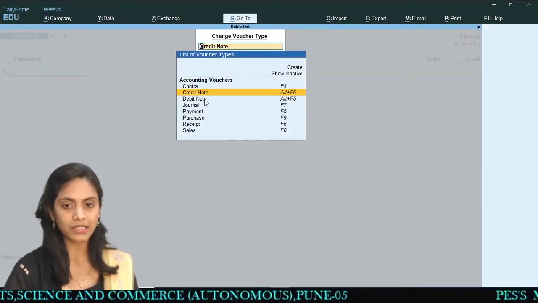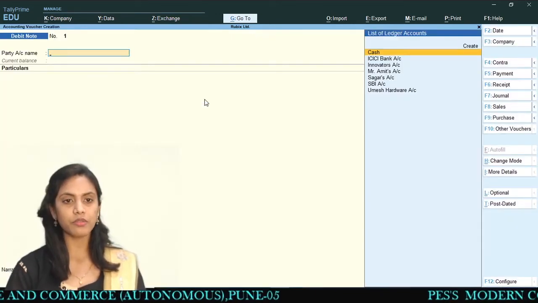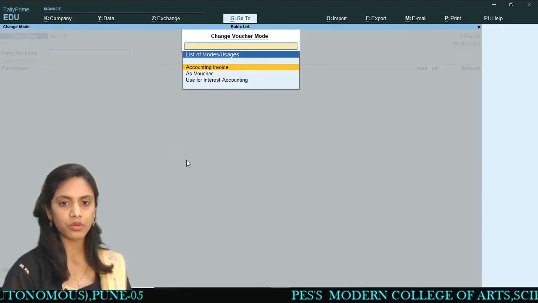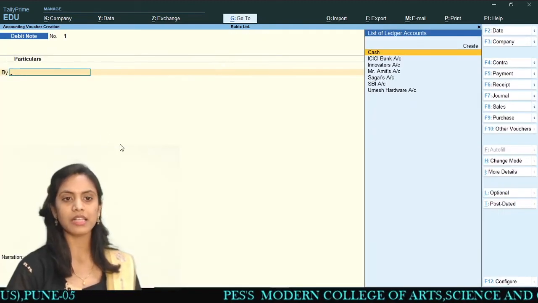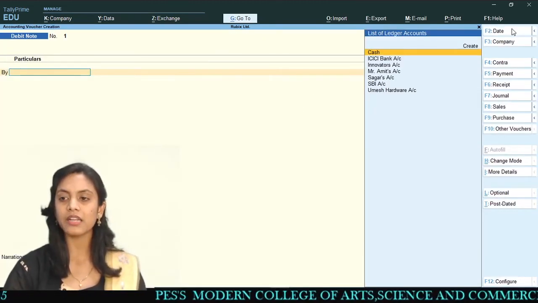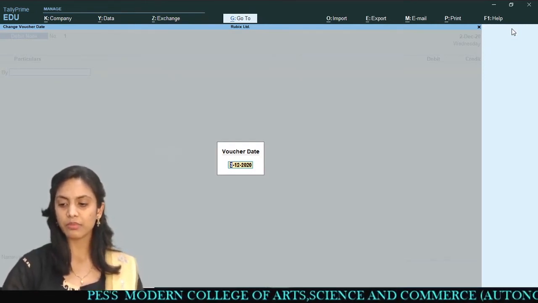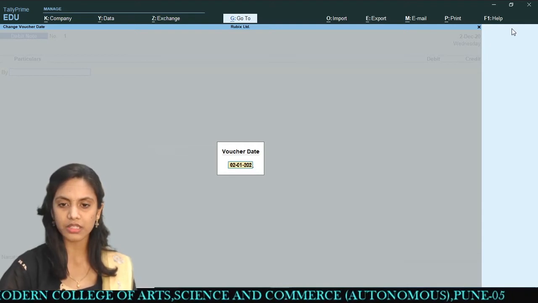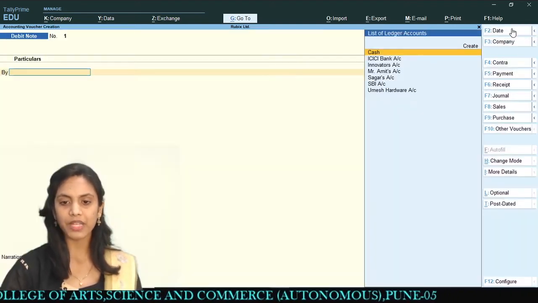I will choose the debit note, and once again there is no debit credit, so I will change the mode as a voucher. I will go for a date and change the date. I am keeping it in the month of January now, so I will choose 2nd of January 2021.